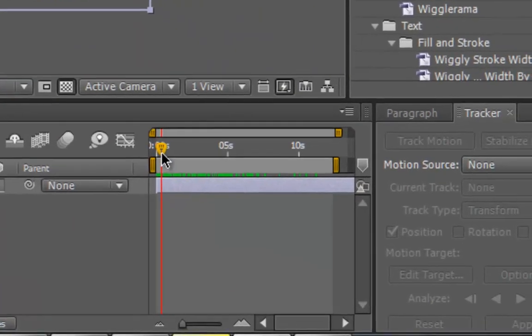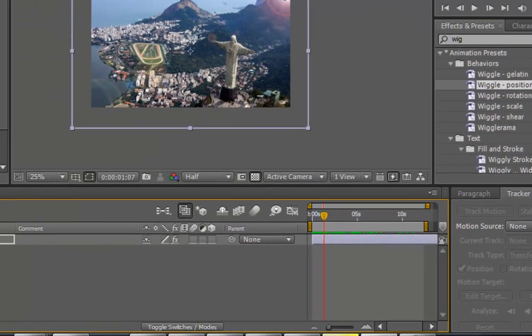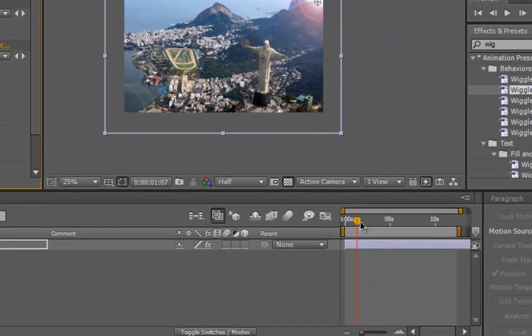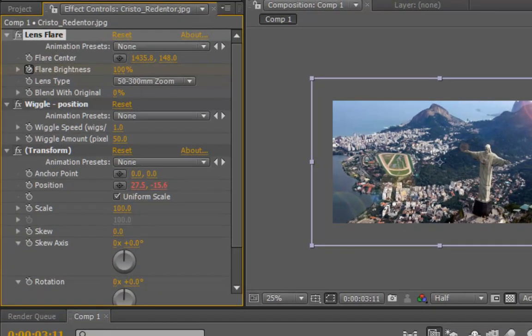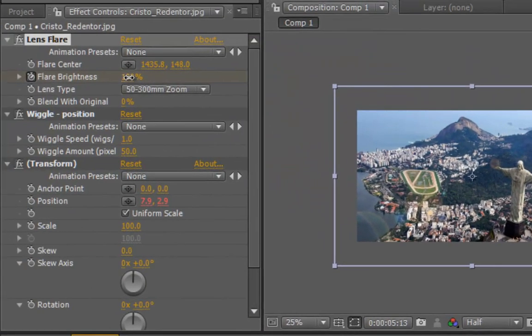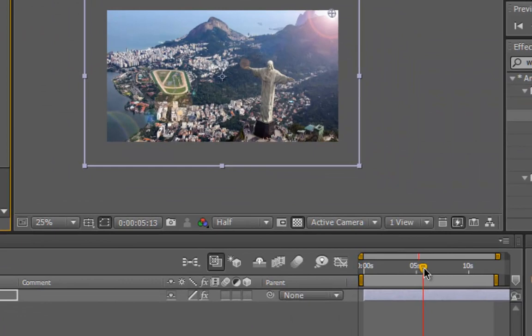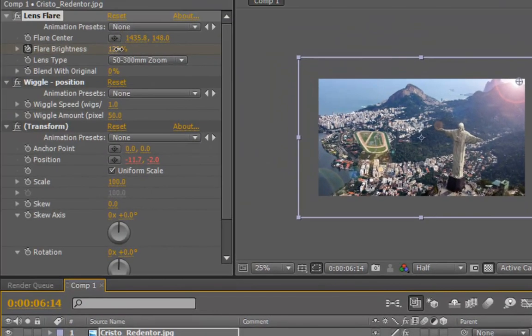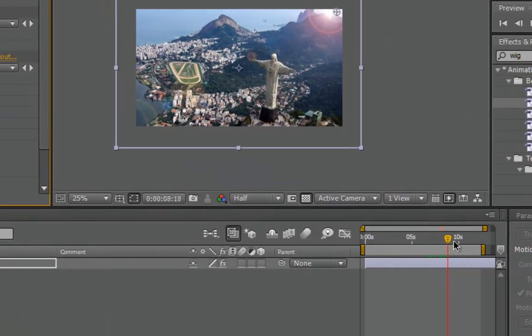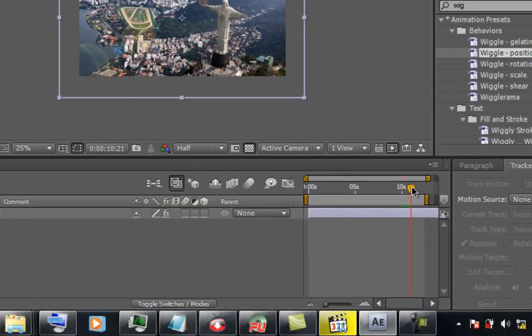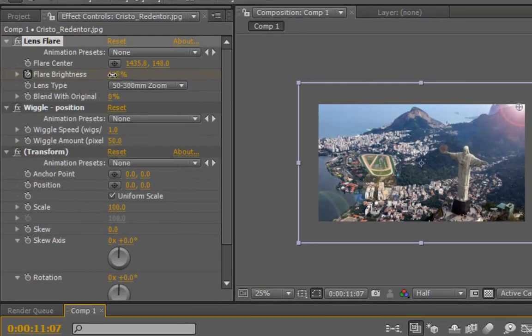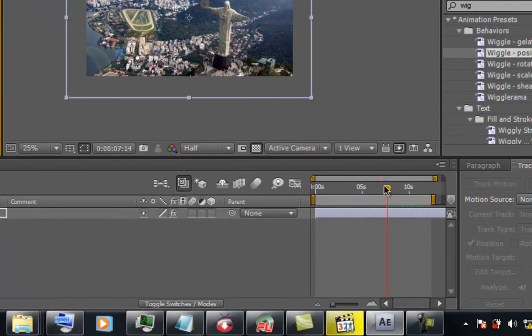We're gonna move to 1 second, brighten it up a little bit, to 3 seconds, make it less bright, 5 seconds, brighter, 6 seconds, put it right down, and to the 10 seconds, up a little bit, and then 11, a little bit down. So you see, like